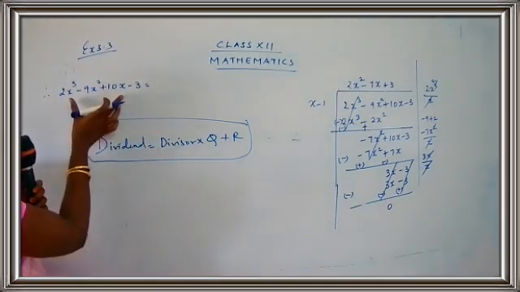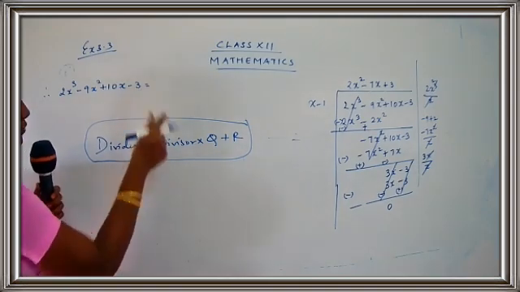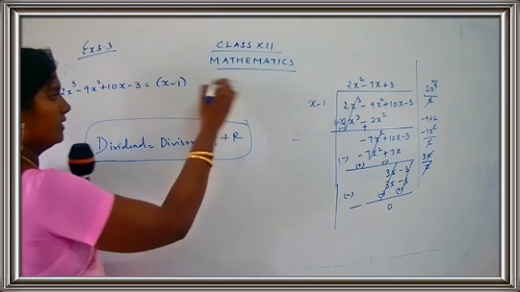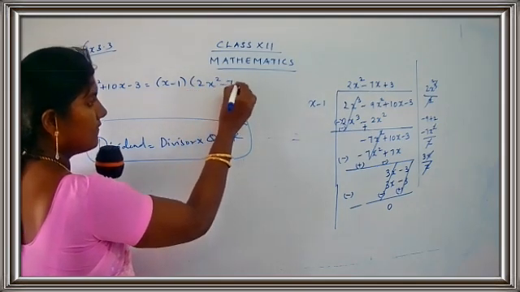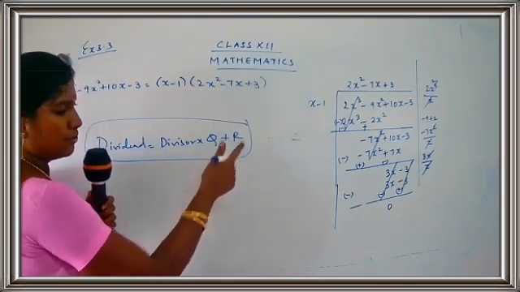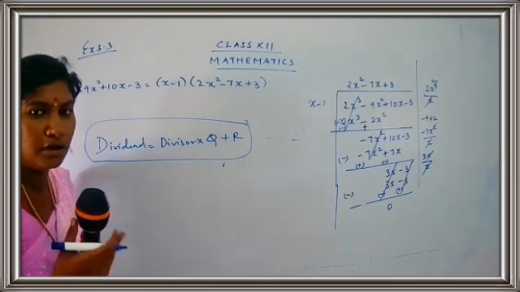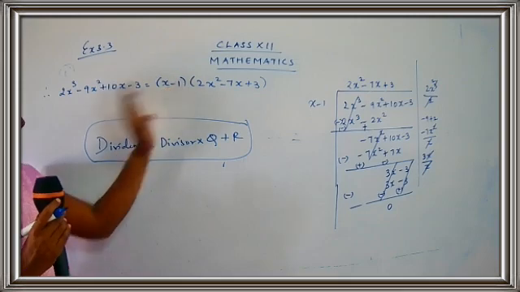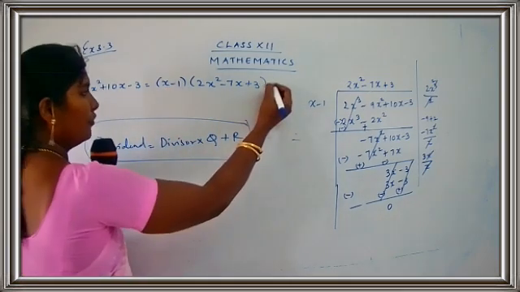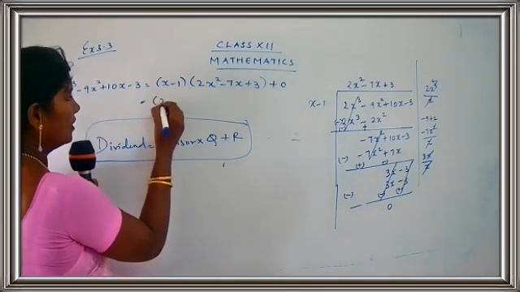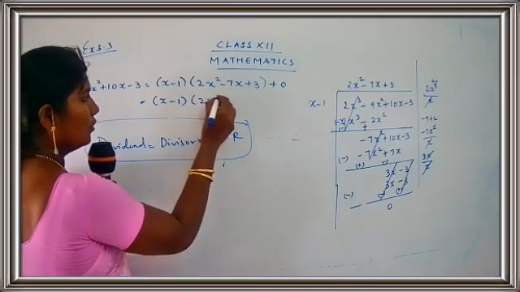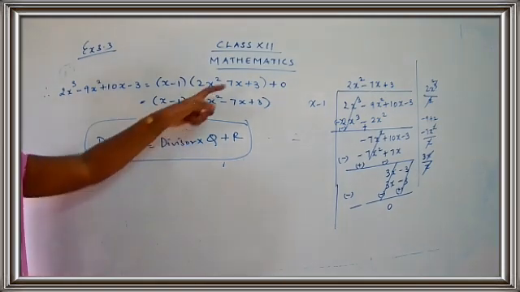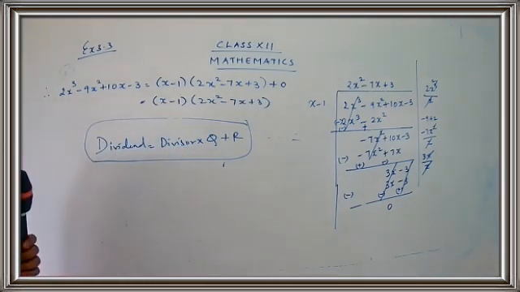So let me write down. So I have taken the dividend part. This is equal to divisor. What is the divisor? x minus 1. And what is the quotient? It's 2x square minus 7x plus 3. And plus 0. So plus 0 is not going to make any difference, children. So I am not going to put there plus 0. I'll be just keeping it as same. Okay, no problem. If you want, you can have your plus 0 and write down here this is equal to x minus 1, 2x square minus 7x plus 3. Or you can have this step directly. No problem, because here it's 0, so it's not going to make any difference.